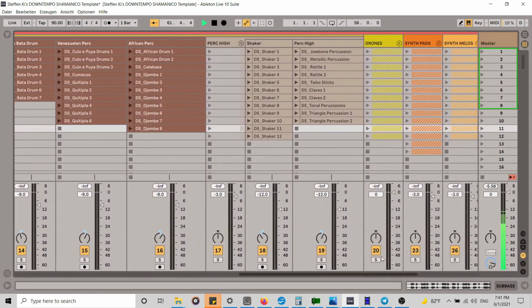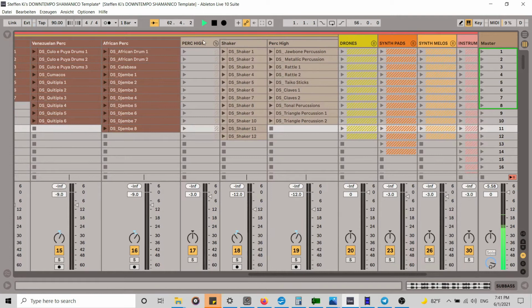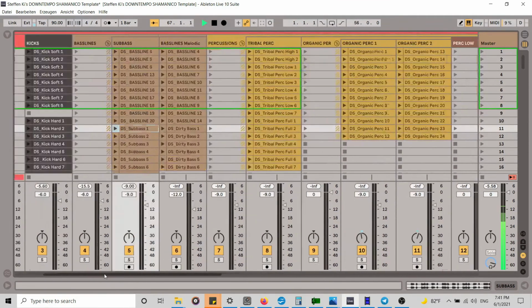All beautiful rhythmic loops. And then we have high percussions like shaker, and other high percussions like rattle and metallic percussions and stuff like that. So that was the percussion section. So this is basically the whole rhythmic